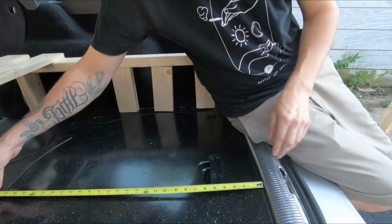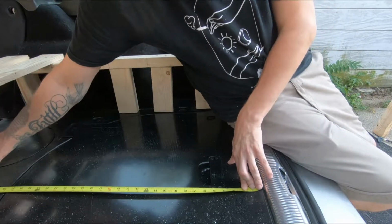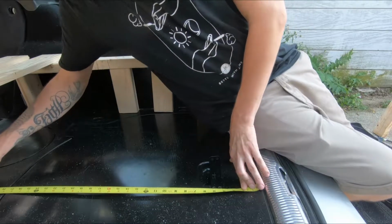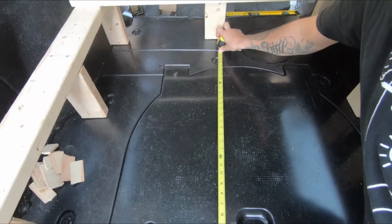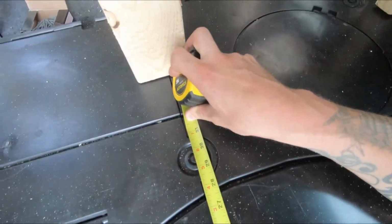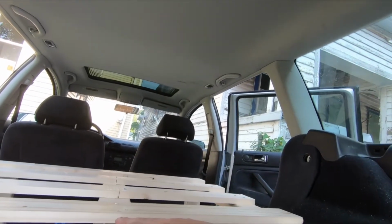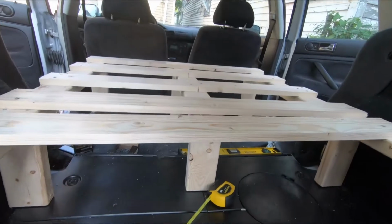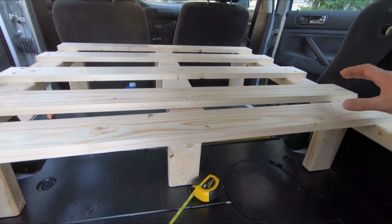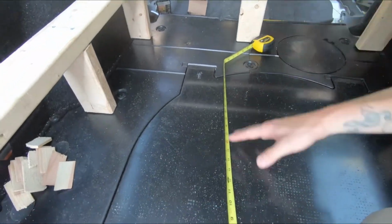Okay, so the distance from the center of our trunk back here, so that we can clear our storage compartment down there, is going to be roughly 30 inches. As you can see, directly above that 30-inch mark, I placed one of our next bed slats that we need to attach. And since there's not going to be any middle beam here, for obvious purposes,